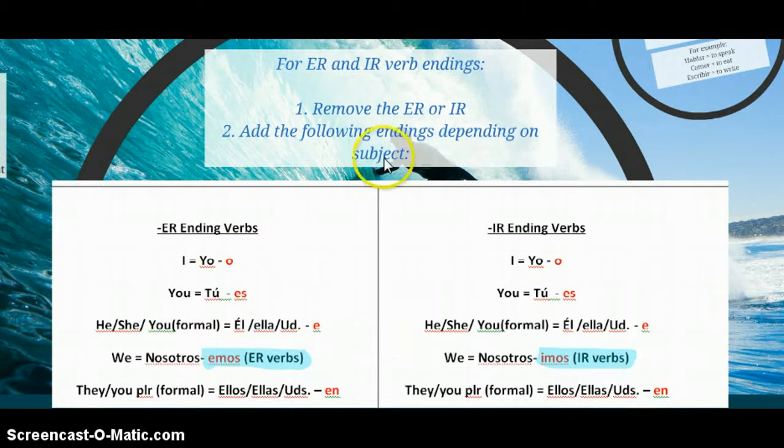So I have 2 charts here. There's a chart for ER endings, verbs that end in ER. These are the endings that you use for conjugating in the present tense. And this is the IR endings for verbs that end in IR. Now, these actually are exactly the same. The endings for the present tense, ER and IR infinitives, are exactly the same except for the nosotros form, which